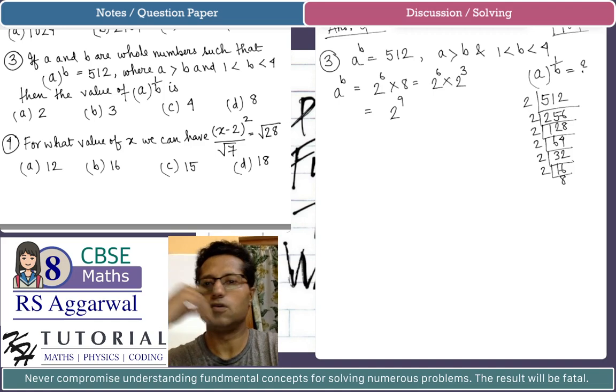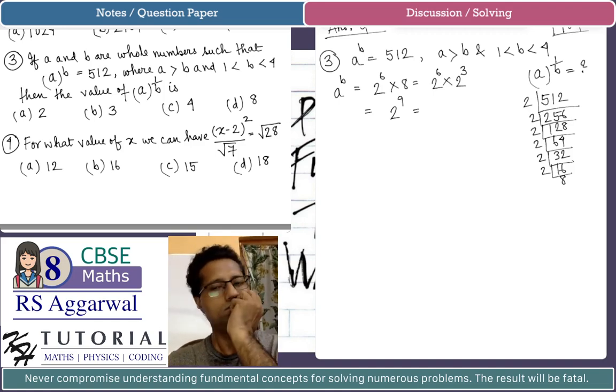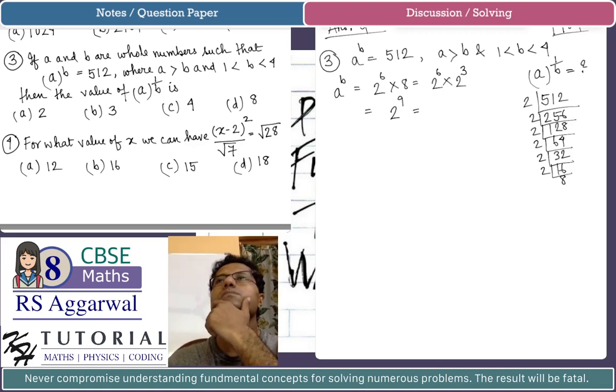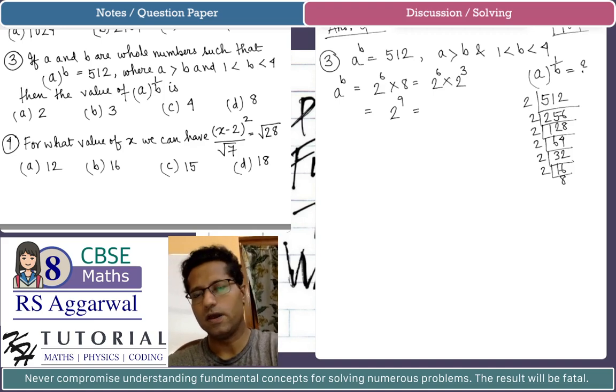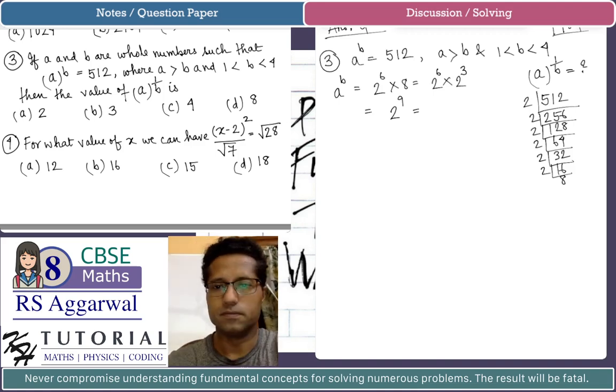Now, we have to somehow make the base greater than the power. So 2 to the power 9,